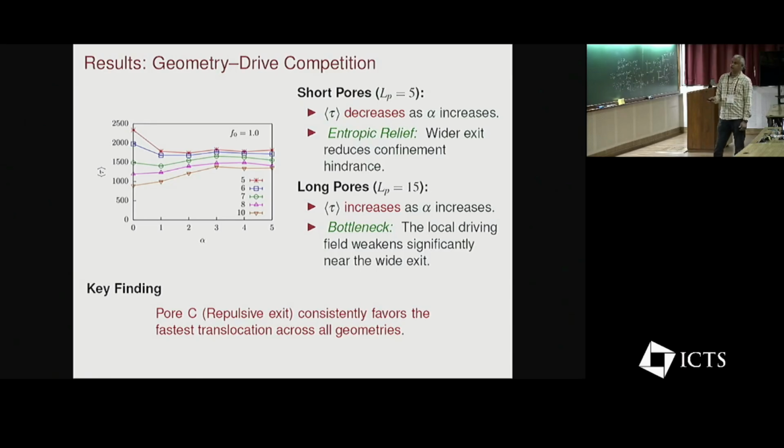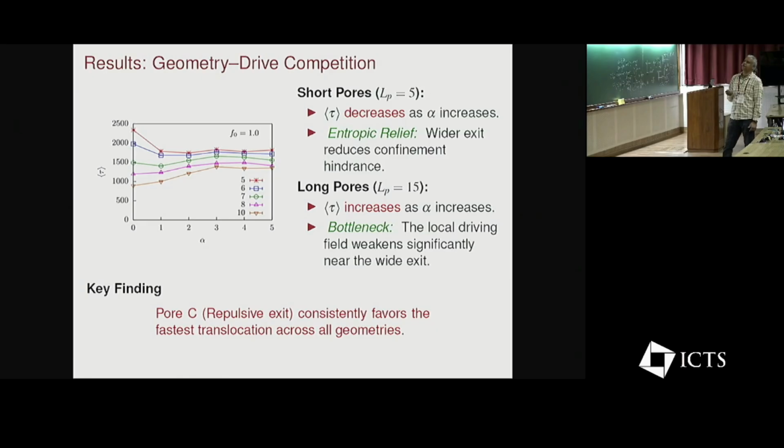But when alpha increases, so basically now you are making it a conical pore, you can see that when the pore is smaller, the translocation time decreases as alpha increases, and it saturates somewhere. But for a longer pore, the translocation time increases and then saturates. So for short pores, tau decreases as alpha increases, and this is because of the entropic relief we have. This wider exit